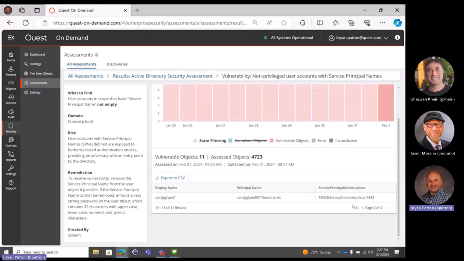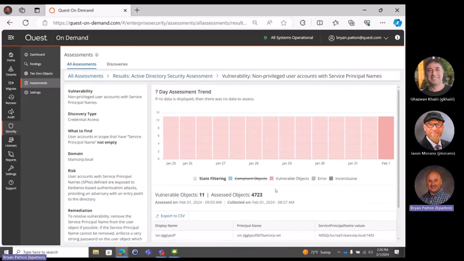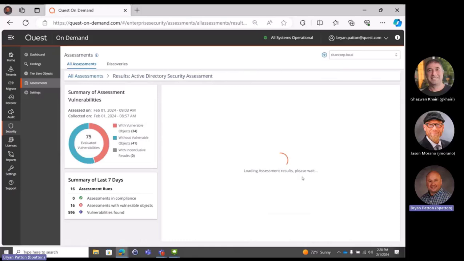Yeah, exactly. And we see this all the time, like SQL accounts. There's a big fear. Most environments, the SQL admins, they have their own SQL team. They configure it. You don't want to break it because it's a mission critical application. But often those accounts can be cracked offline very quickly. I saw one last year, early 2000s, from a SQL service account that had a service principal name. That's going to get cracked in Hashcat very quickly.